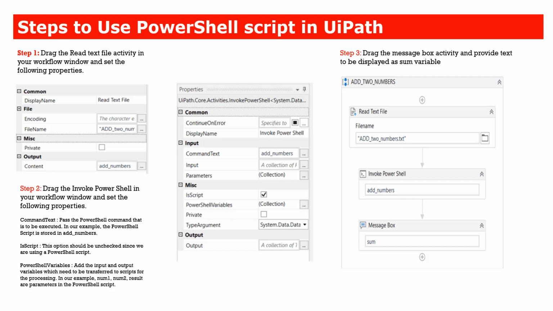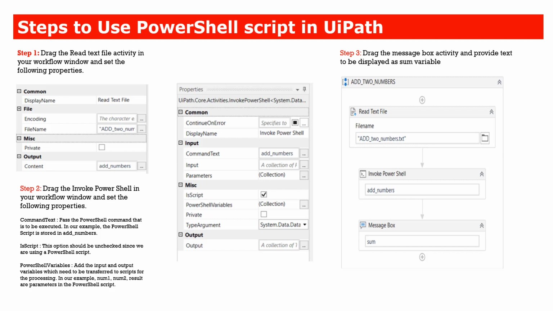Due to some encoding issues, we prefer to save them into a text file, and we read them using the Read Text File activity. The moment you read the text file, you have to store the content of your file as a string variable. For this example, we are reading a shell script named add two number, and the file is read by the Read Text File activity in UiPath, and the output will be stored into the content variable, which is addNumber. So that's the first step that you need to do.